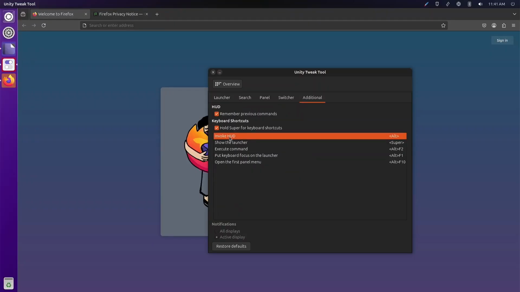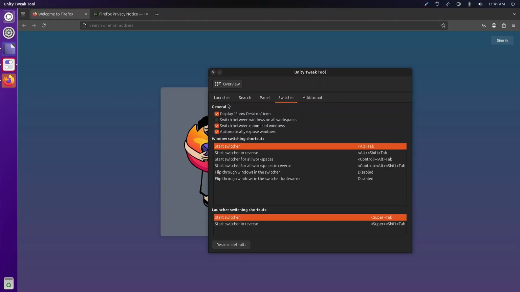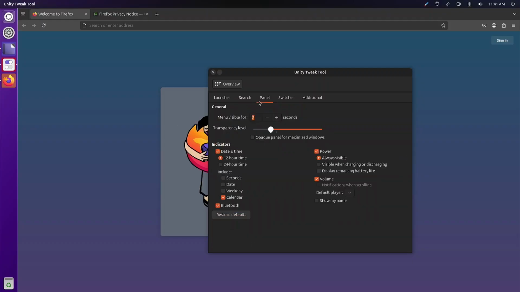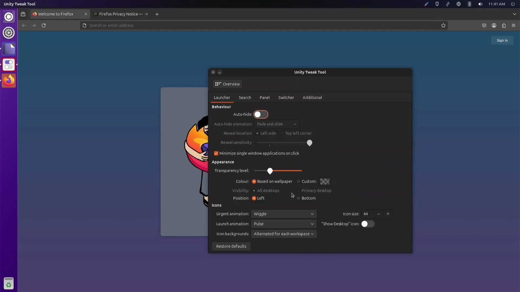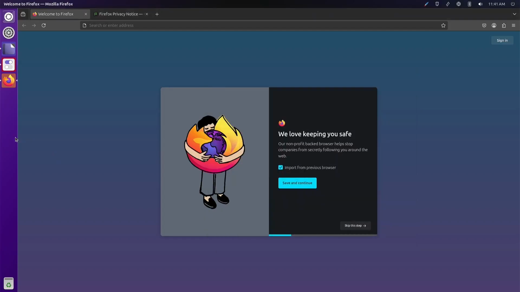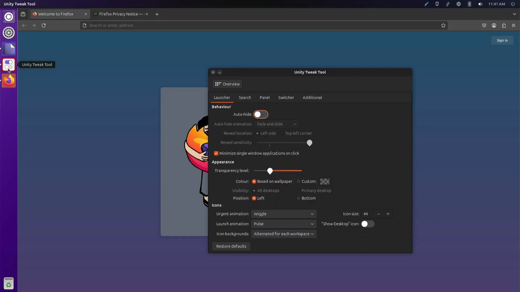Oh, that's like keyboard shortcuts and stuff. There should be an option to put a little desktop switcher in here. Nah. Where is that?